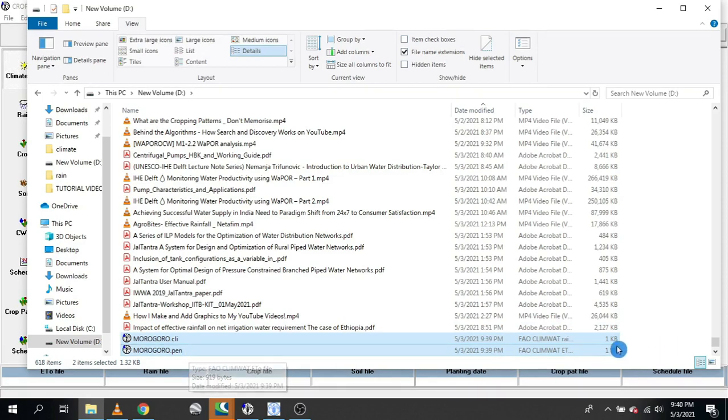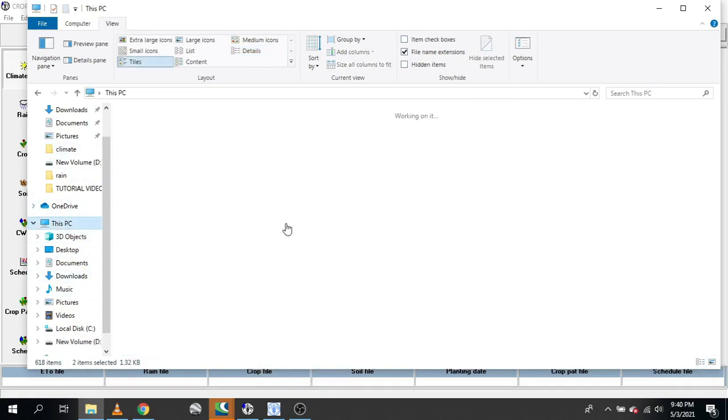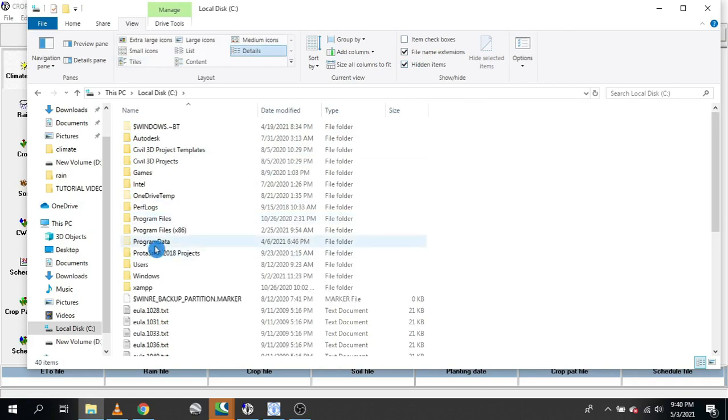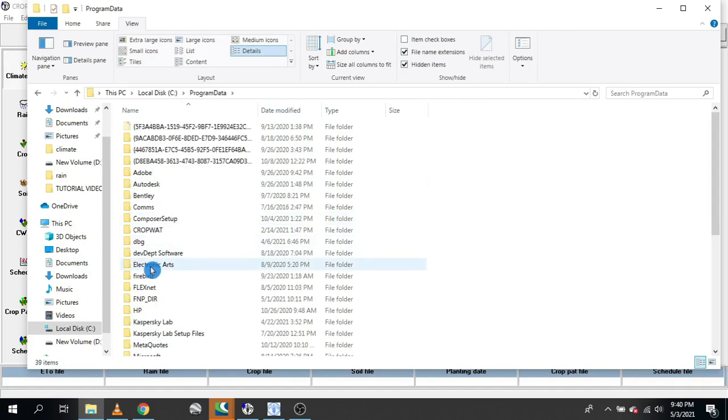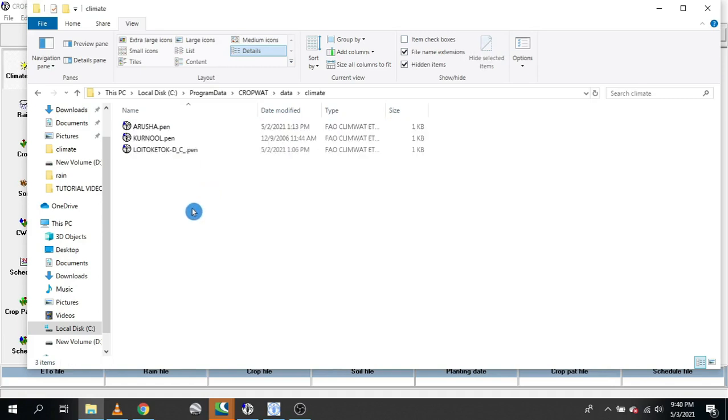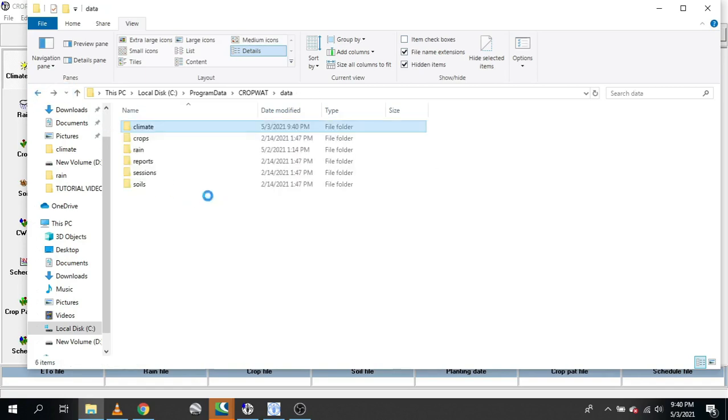Now, you can even use them from here, but for me, I just prefer to do this. Let me select, then go to C, select hidden files, then program data, select CROPWAT, then data. Then I'll select climate and paste them. I need only the pen file here, and let me cut this with .cli and put it in